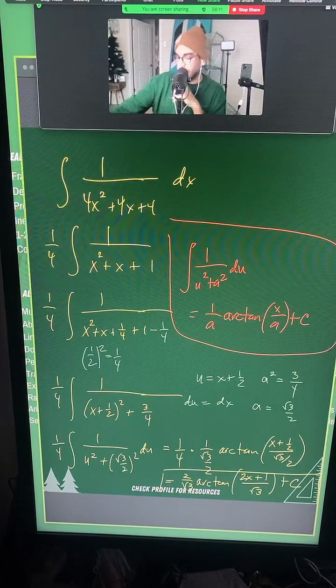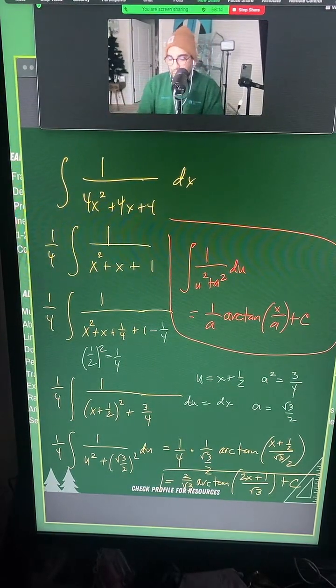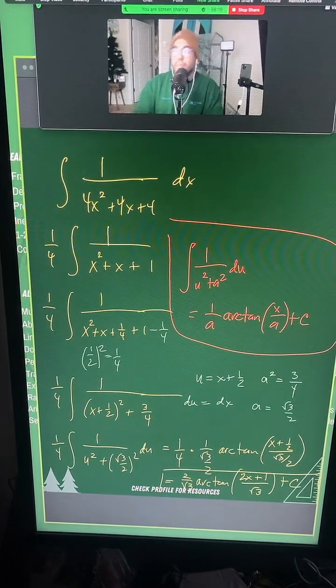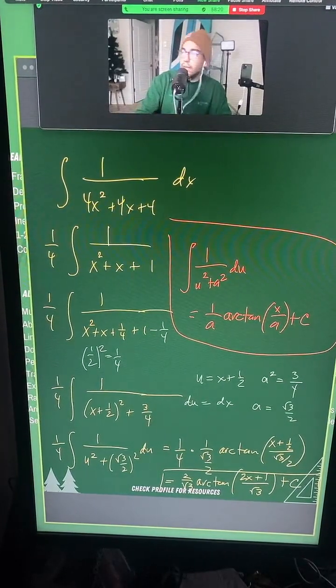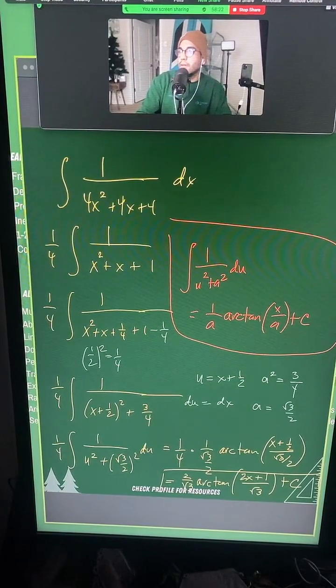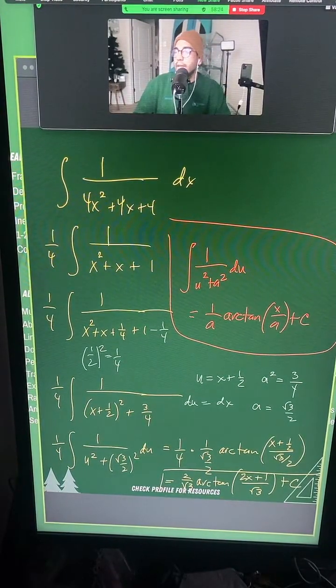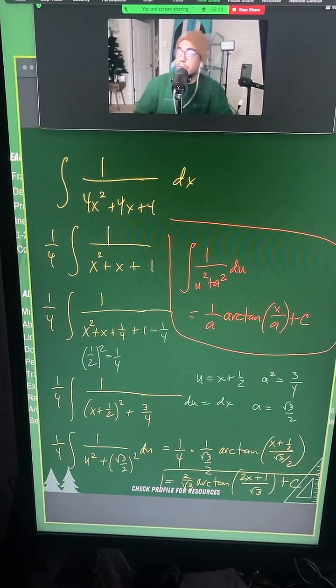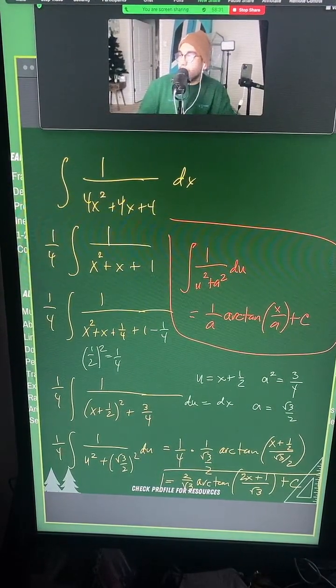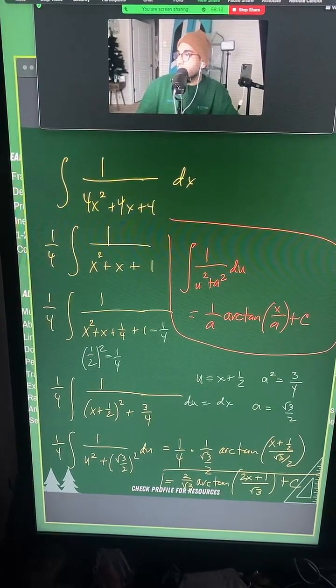Hope that helps. All right, thumbs up if you guys want to do another problem. Should we do one with partial fractions? It seems like everyone is really down for that. Let me know if you guys are down for a partial fraction integration. Go ahead and give me a thumbs up or no if you don't want to. We can do another one.